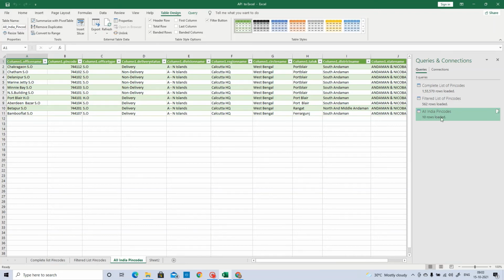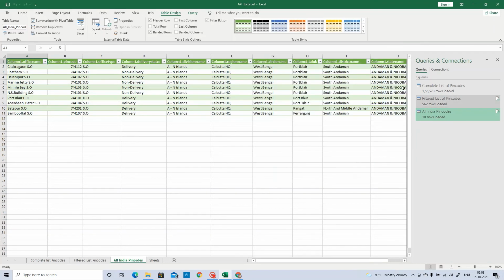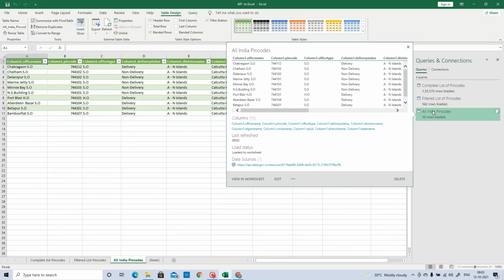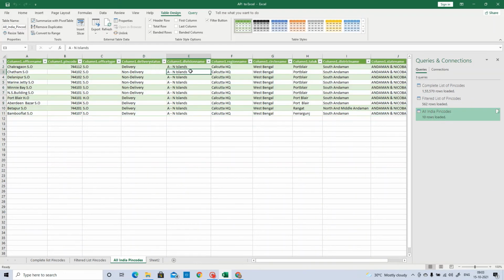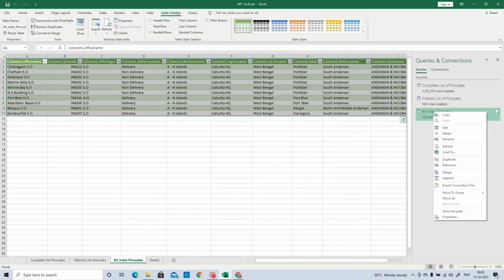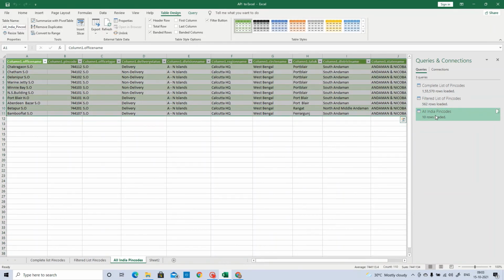Right now everything is set. Your connection is created. This is the query connection that is created with your web API, and you have loaded 10 records. If you want to remove it, you can select delete. If you want to edit it, then you can further edit the API. If after reviewing, you don't want some of these columns, just go here, click edit. It will open the Power Query window again, and you can remove the columns from there and refresh again.